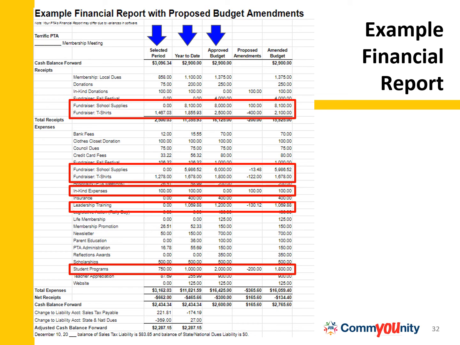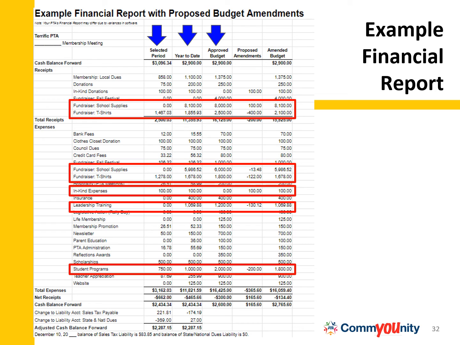The first items to amend are the school supplies and t-shirt fundraisers. The school supplies brought in $100 more than budgeted, and the t-shirts brought in $1,855 to date. The t-shirt chair expects a few additional sales, but believes the final amount of t-shirts sold will be closer to $2,100, so the t-shirt income amount is being reduced by $400. The expenses related to these 2 fundraisers are also being amended to the actual costs since no additional payments will